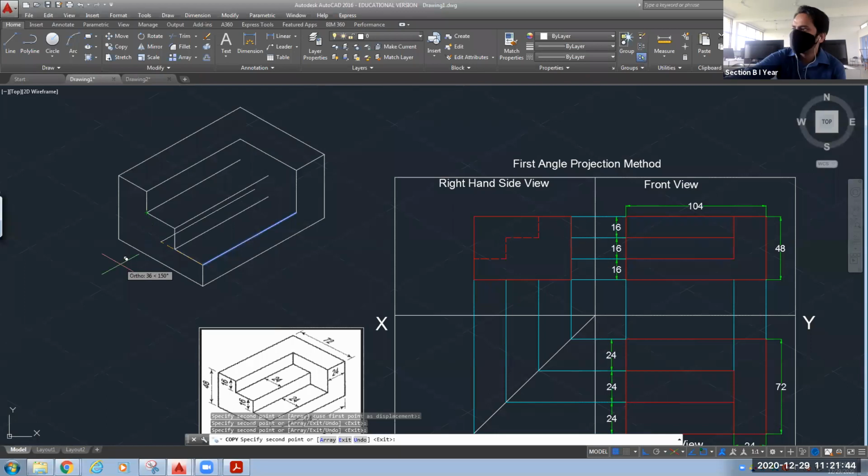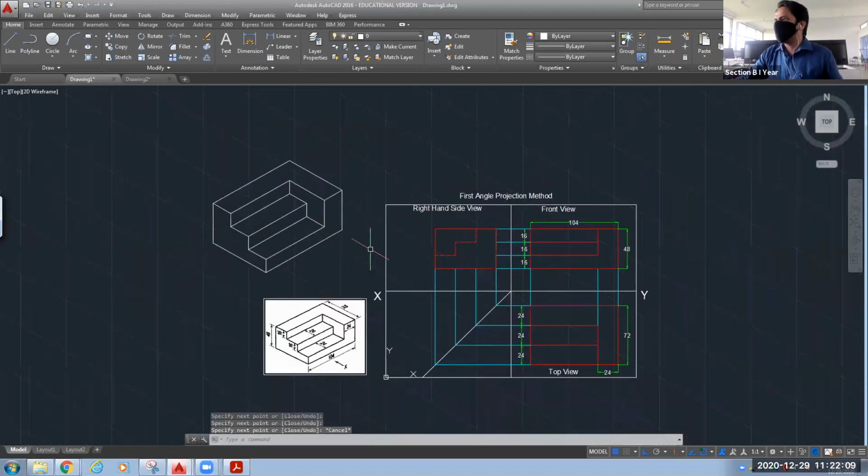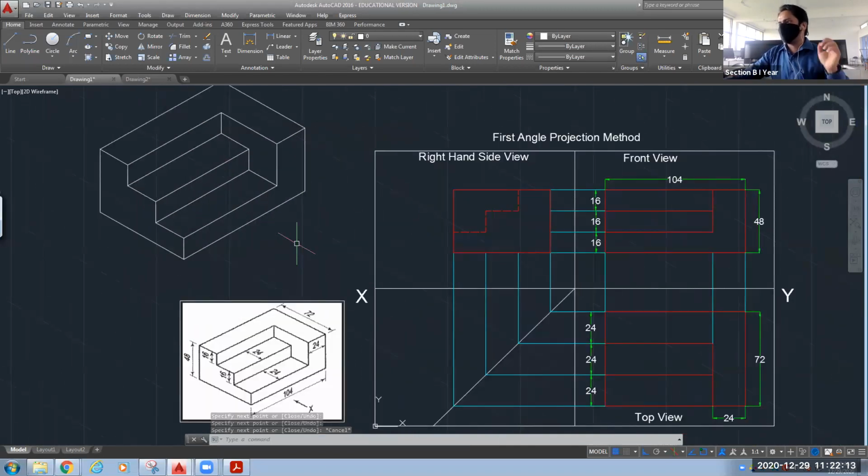Okay, so this is what I have done, and then you can connect those endpoints, but it is in a different plane. I need to press F5 to select the plane on which I have to work. Okay, so this is the isometric drawing that was given in your problem statement.